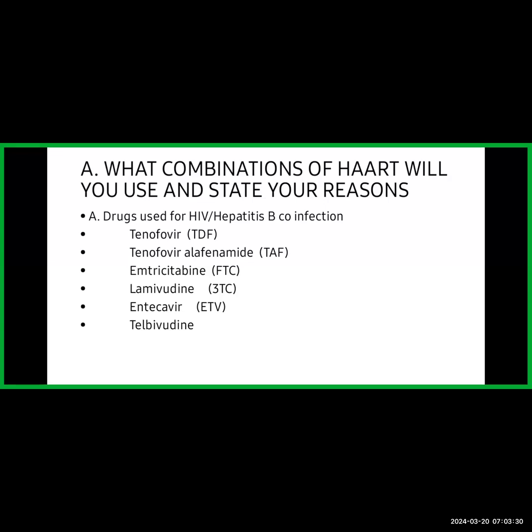In terms of their efficacy, tenofovir is known to have 3 pluses activity against HIV and the same activity against hepatitis B virus. Likewise, its brother tenofovir alafenamide has almost the same efficacy. Emtricitabine has 2 pluses activity against hepatitis B and also against HIV. Likewise lamivudine, but they have some shortcomings in their use, which we'll mention later. Then entecavir has very good hepatitis B activity, but much less activity against HIV. It has almost 3 pluses activity against hepatitis B, but only 1 plus activity against